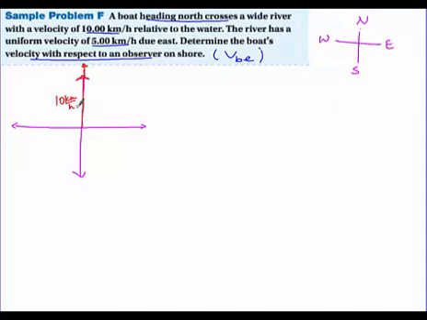And the water is directed to the east at a speed of